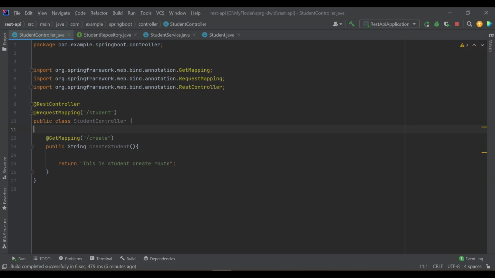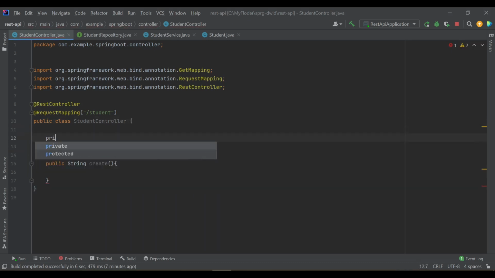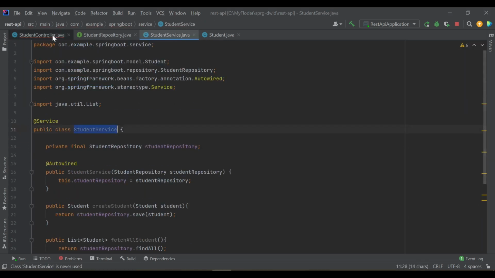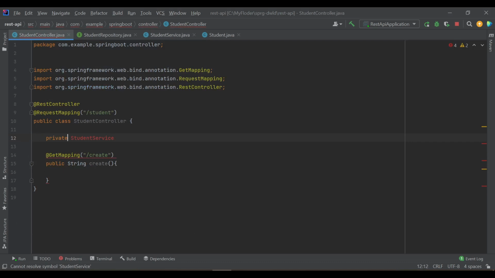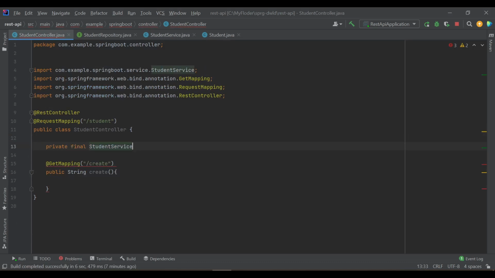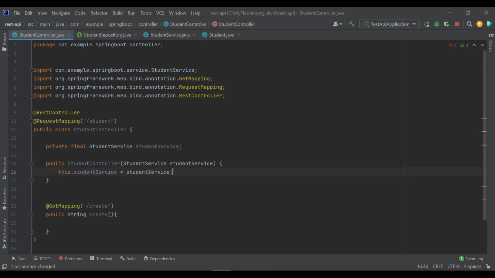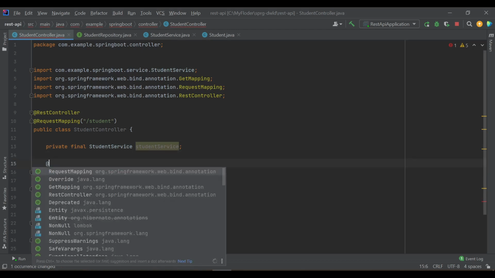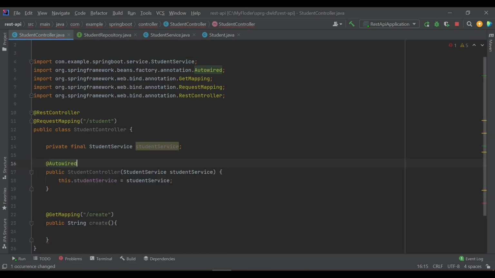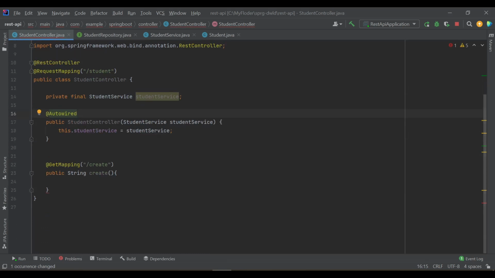So let's simplify this. Let's create, and first we need a dependency of the service class, private final student service, and let's implement it as a constructor injection. Autowired, right? So it needs a